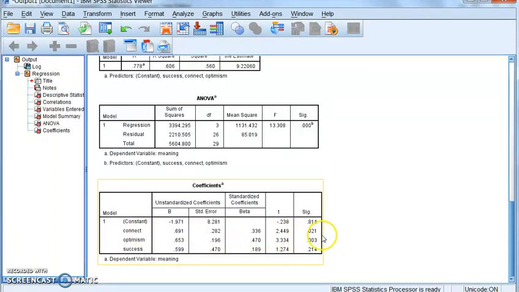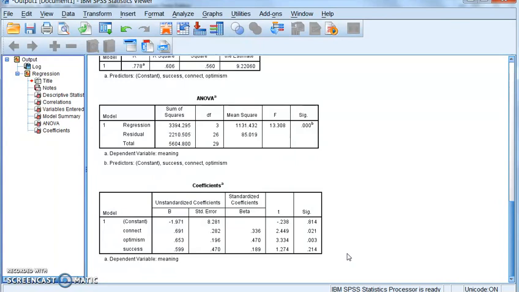We see it is because it's 0.021 for the p-value. Optimism is 0.003, so that one's significant. However, under success, we see that it's not significant because it's greater than 0.05. So that's kind of an interesting outcome, and part of the reason for that is because success is